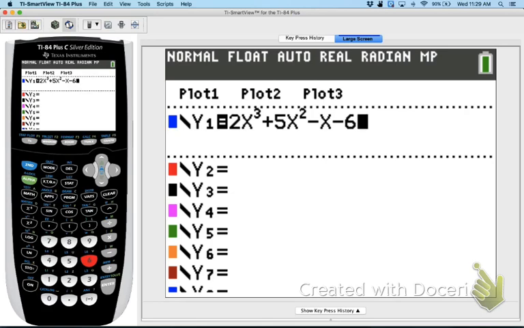Now, don't forget, if you're not sure, the variable button is right here. So you don't have to pick the variable; depending on the mode of your calculator, it's going to choose it for you, and so that's where we're going to type in. And we got to this menu by going to the y equals button, and that's where we're going to type those things in. Don't forget also that this little caret button is how you get your exponents in there. And so now when we're ready to see the graph, we're going to go to the graph button over here. So let's go ahead and hit graph,